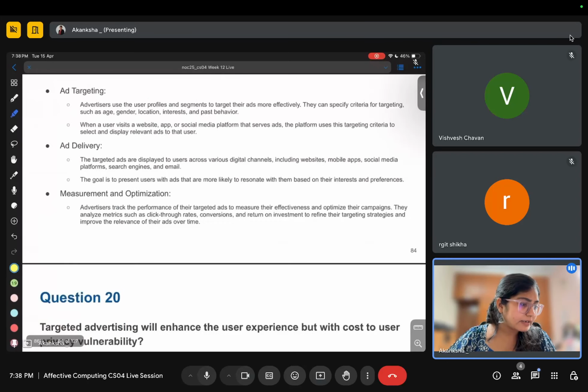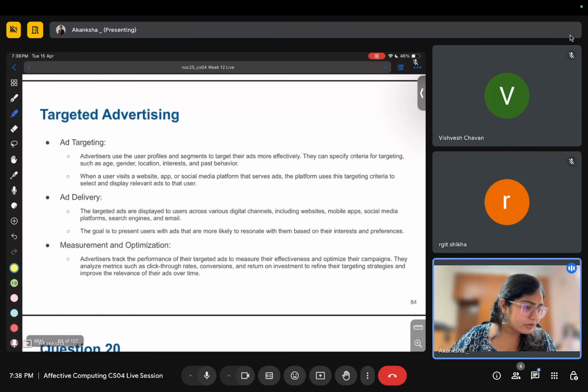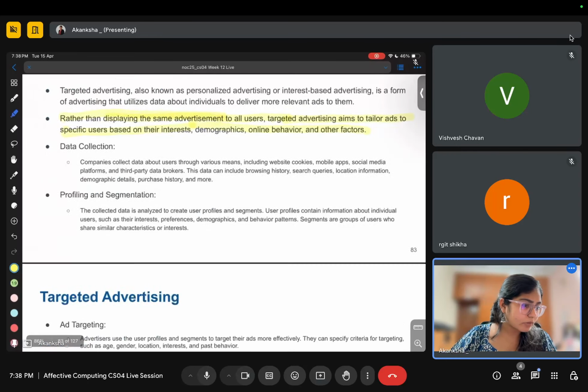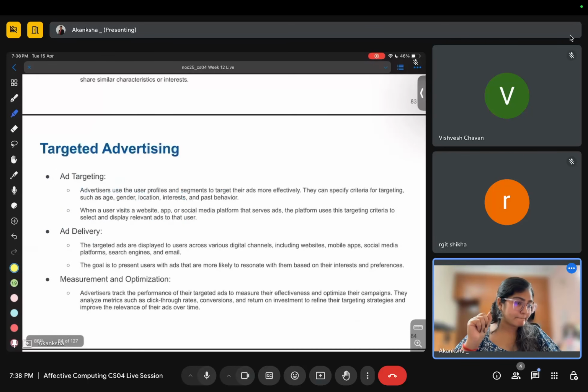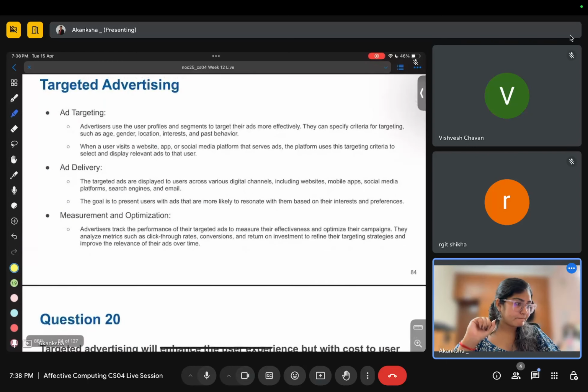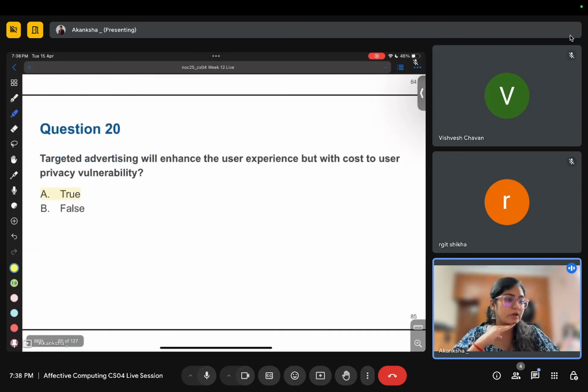It's not written actually, but yes, it can affect the privacy. You're ultimately capturing my data just to make it better for me, but my data should be handled very carefully.